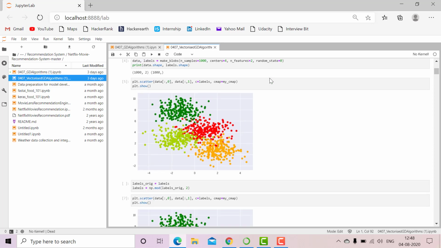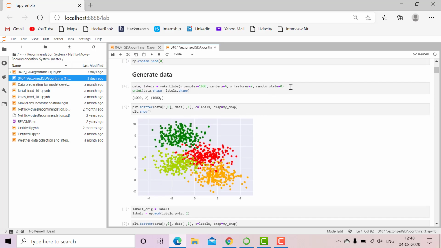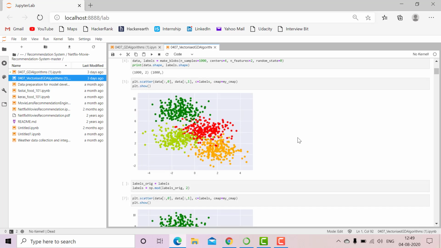Here we are going to generate the data, labels equal to make_blobs with n_samples equal to 1000, centers equal to 4, n_features equal to 2, random_state equal to 0. And print data.shape, labels.shape. You can see data.shape is 1000 comma 2 here, and labels.shape is 1000 here. plt.scatter data, you can see, and after that the plt.show function will plot the